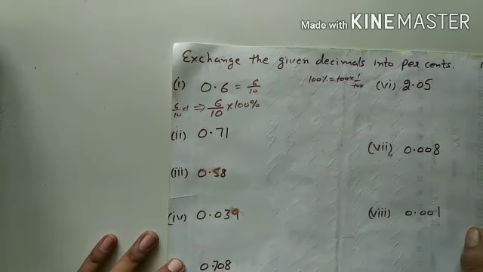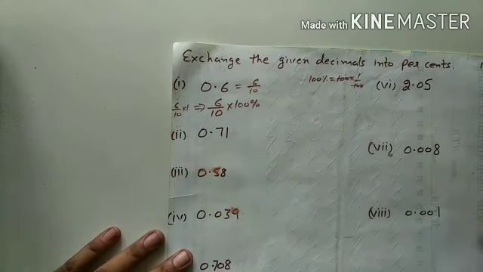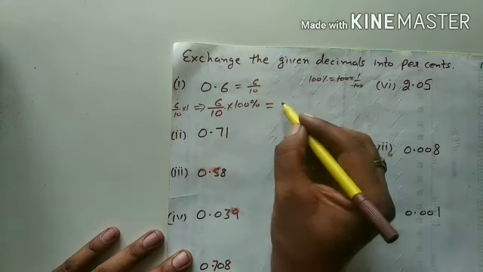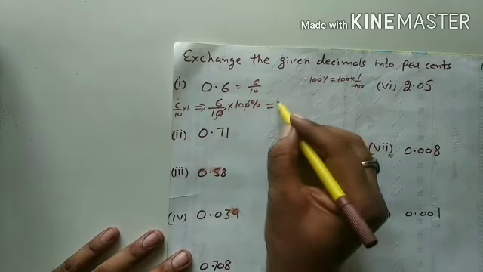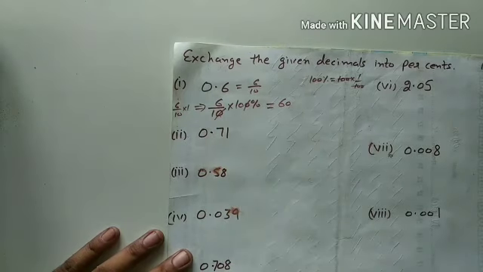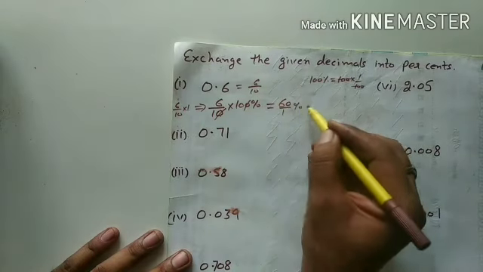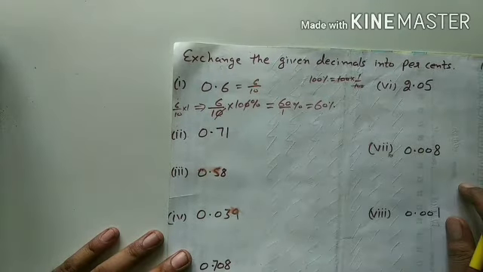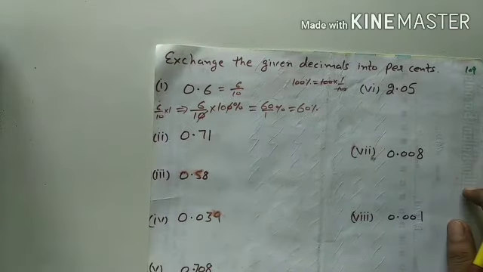Okay student, this was the concept I have cleared in the first example. Now what do I have to write? You see 0 and 0, cancel this 0 with this. So what is left? 6 multiply 10, that is 60, and what is in the denominator? That is 1. If 60 is divided by 1, then what is left? That is 60 only. So my answer is 60%. Okay student, in this way we have converted decimal to percentage.